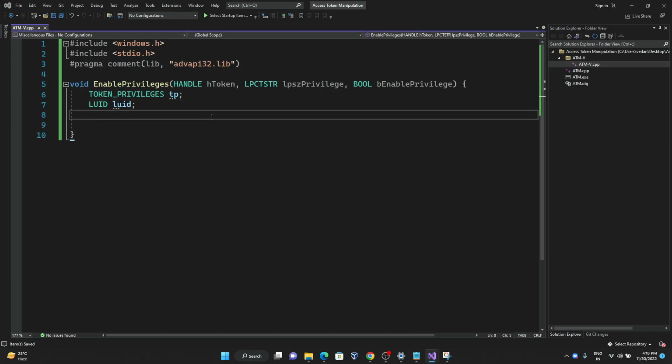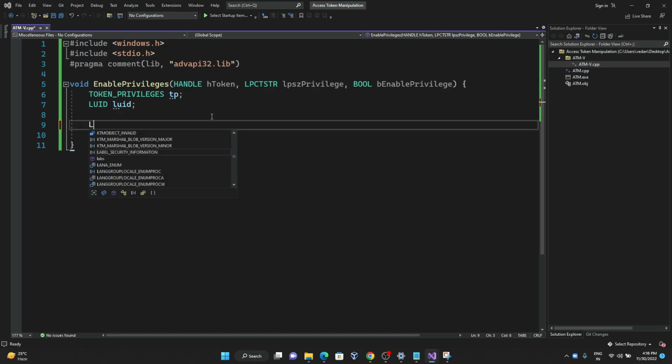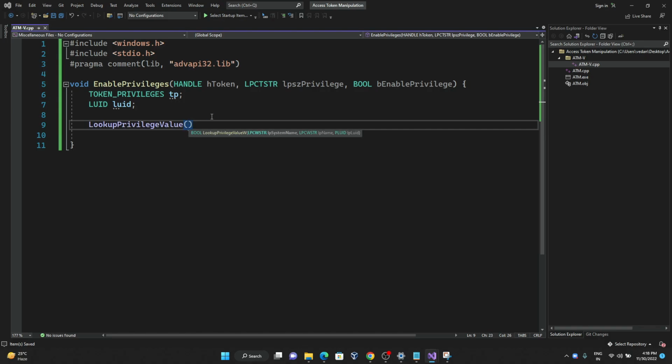And then we declare a LUID variable to store the privilege LUID value in. And then we use the LookupPrivilegeValue function to retrieve the LUID value of that privilege and store it in our LUID variable. So I'll just say NULL, lpszPrivilege, luid,